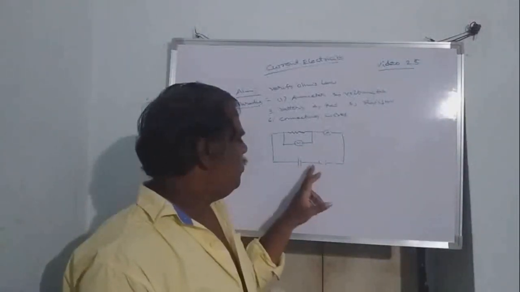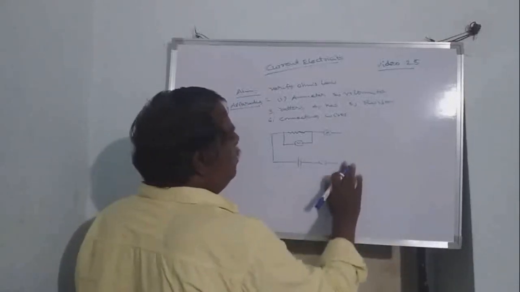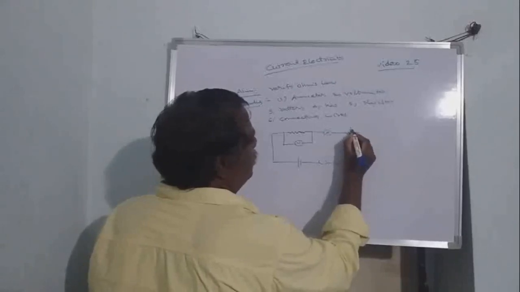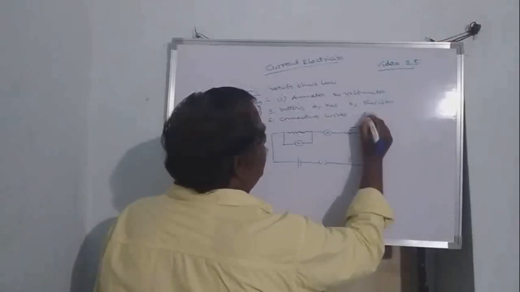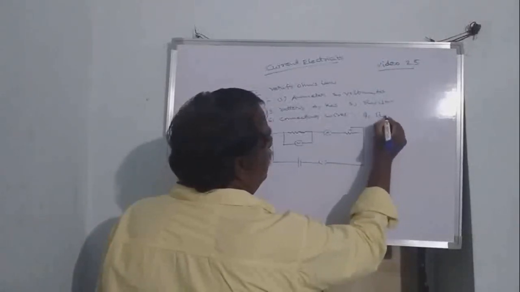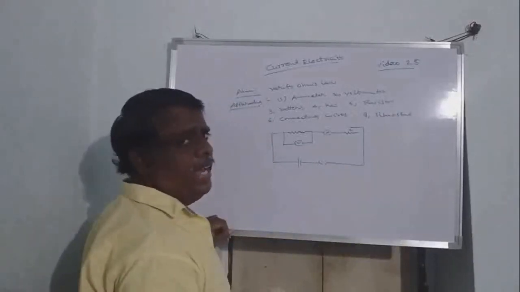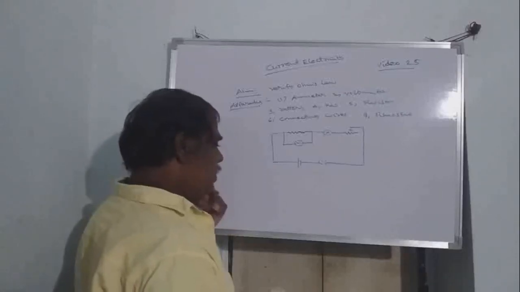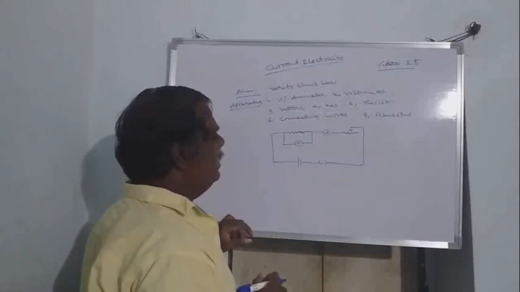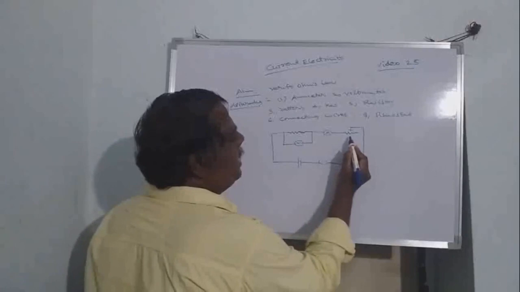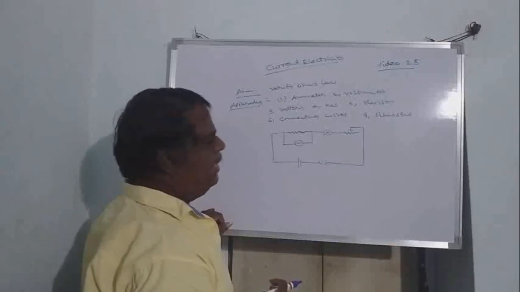Here we have to vary either the battery or use a rheostat. Without changing the voltage, we need a rheostat also. A rheostat is also called a voltage regulator or variable resistance. Connect all of them like this using connecting wires, press the key, and adjust the rheostat until we read 1 amp current in the ammeter.